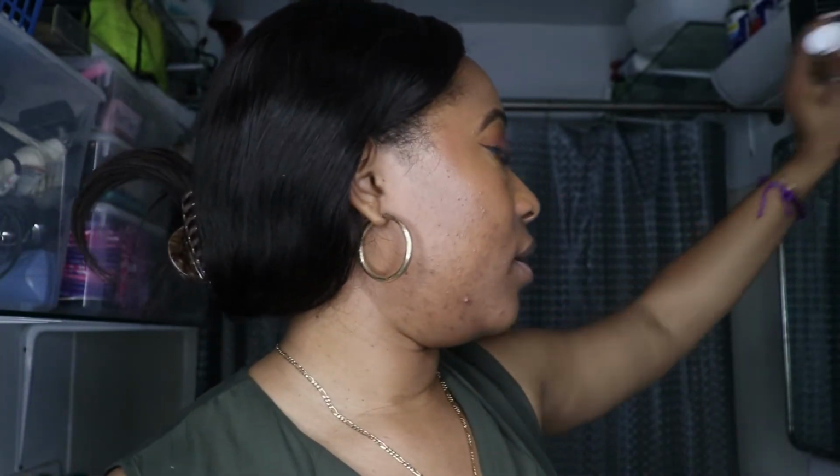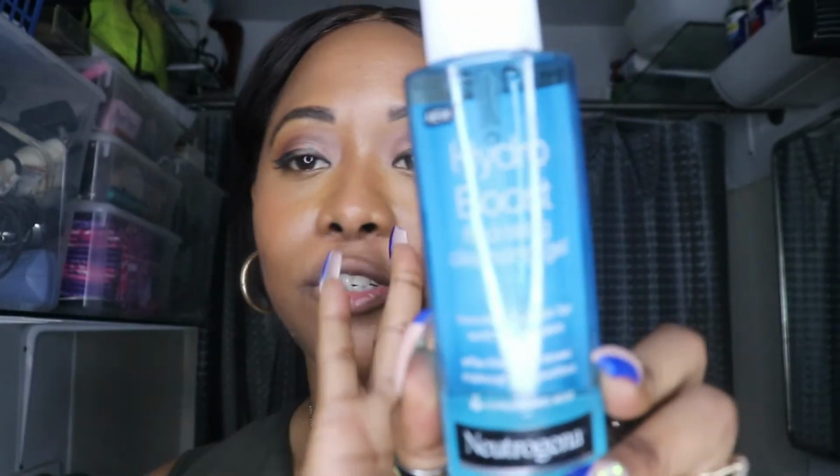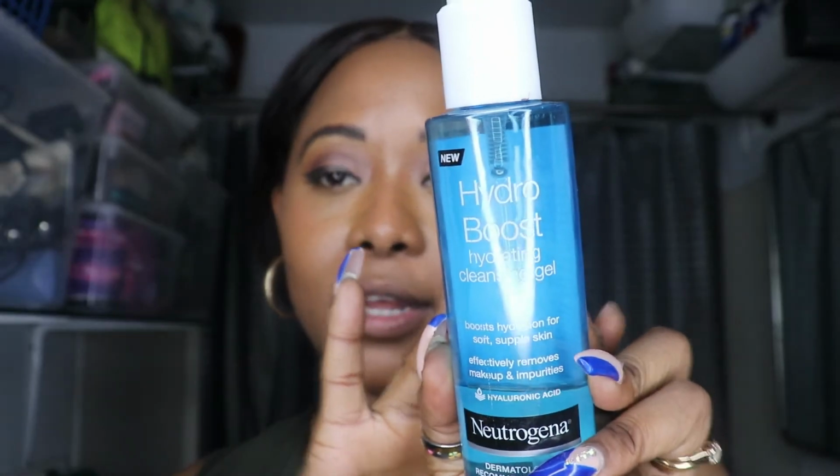So once I have that done, lashes are off, I go in with my Neutrogena Hydra Boost. I actually really love this product. To be honest with you, I'm supposed to be checking all my products before they go on my face. There's a specific website my dermatologist gave me, and I can put in the name of a product, and it will tell you what ingredients are in it and whether it's good or bad, and you can go based on your skin. So I haven't really checked that. I feel like that's gonna take me a little while because I have a lot of face products,